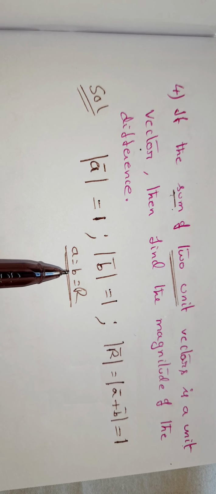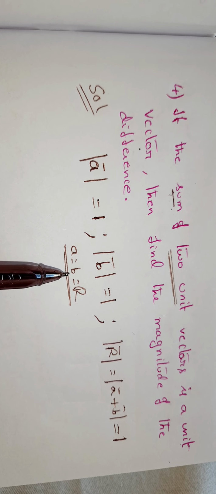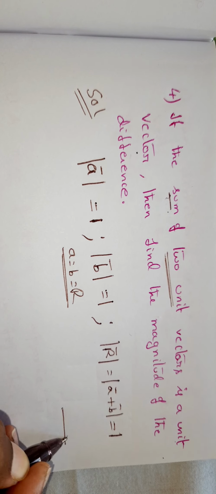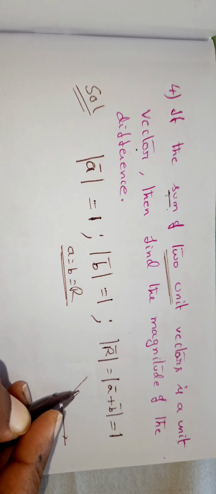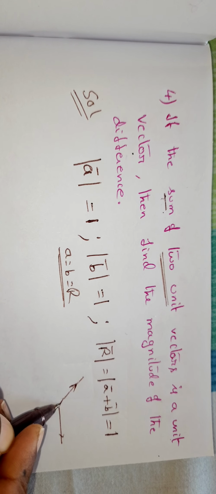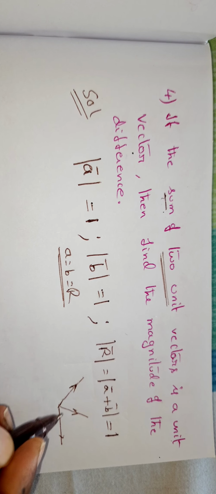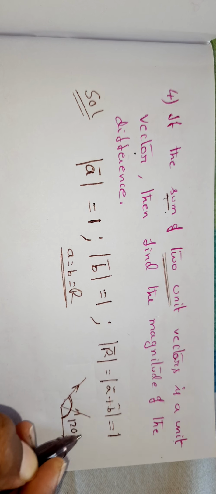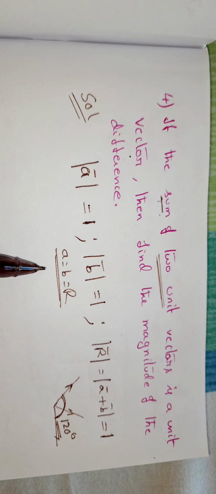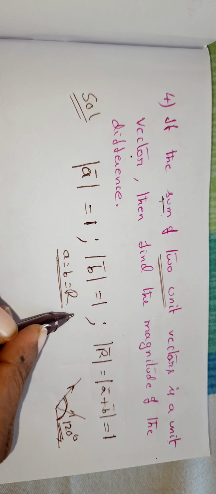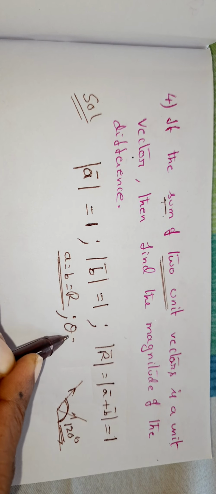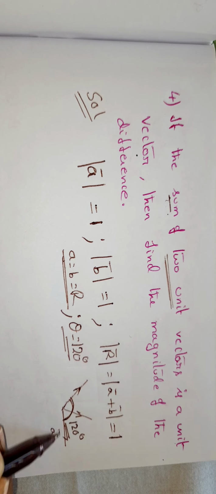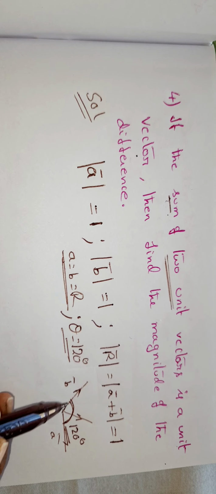Yes, it is in the applications of the parallelogram law of addition. There we have seen that if two vectors are having the same magnitude and also the resultant is of the same magnitude, then the angle between the two vectors is 120 degrees. That means this condition is possible only when theta is equal to 120 degrees. What is theta here? Theta is the angle between the given vectors a bar and b bar.